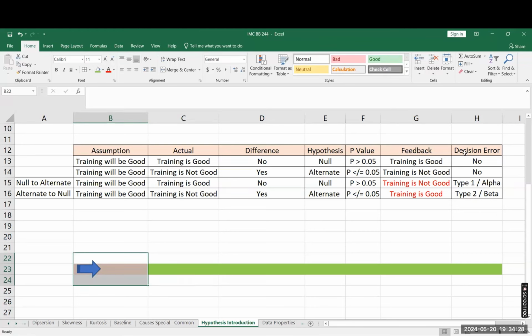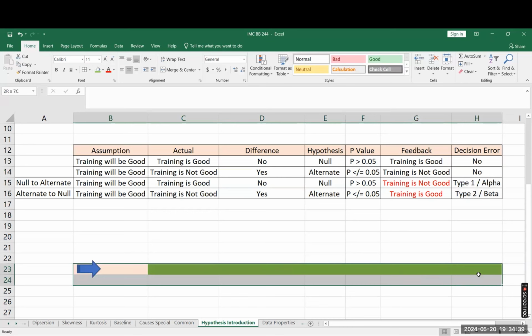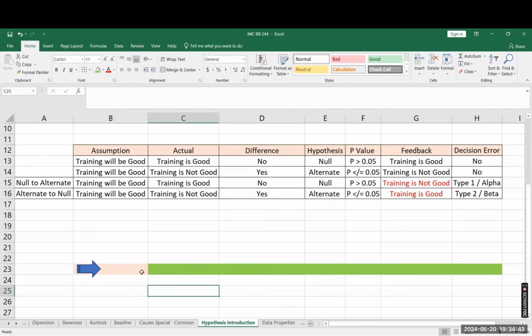That is what the decision error is. You take the right decision, and if you feel that yes, it will go, then it is no error when you are going with this. But if you are feeling it will go and before that only you are stopping, then it's a type 1 error. And when you are feeling it will not go, but still you are not stopping, then it is a type 2 error.